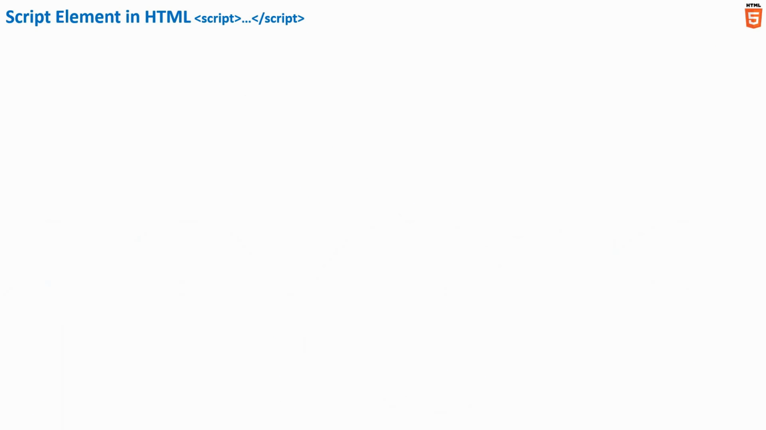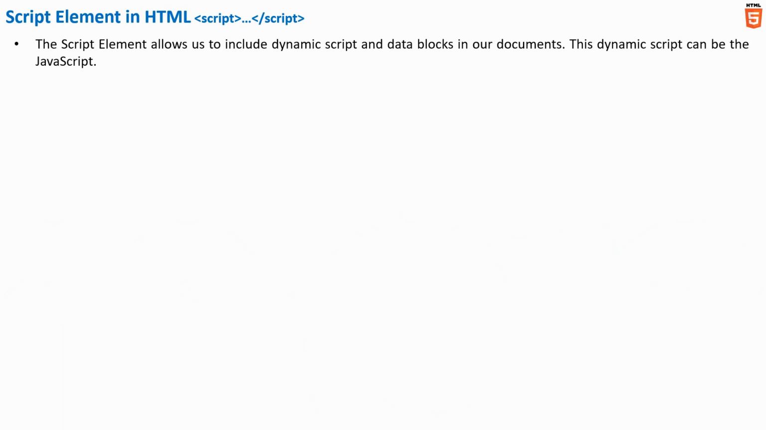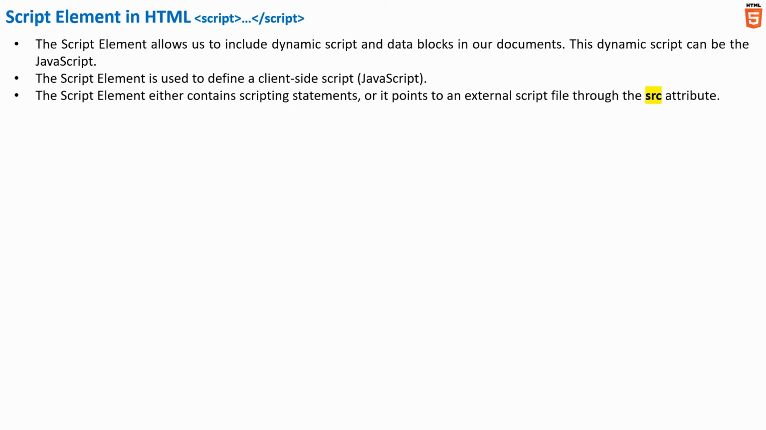So friend, let's start. The script element in HTML allows us to include some dynamic script and data block in our HTML document. Now this dynamic script can be JavaScript. Thus, this script element is used to define client-side scripting, and it can either contain some scripting statements or it can even point to some external script file by using the src attribute of the script element,